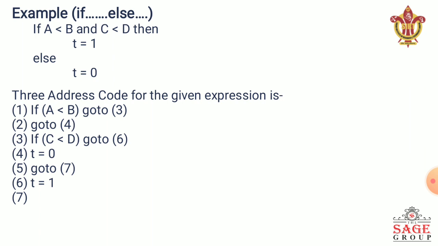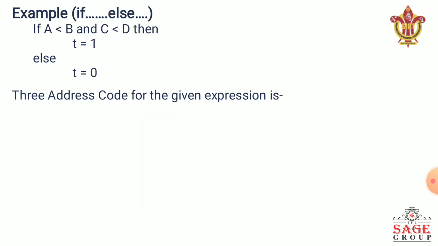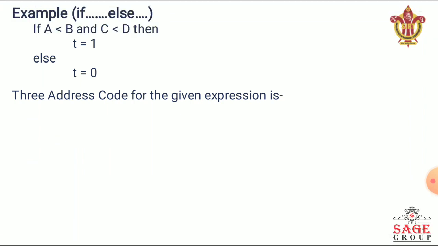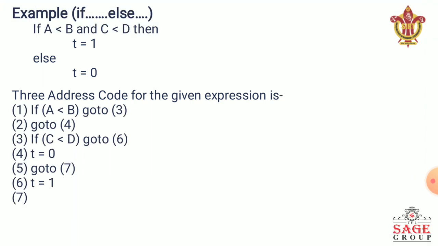So for this conversion, firstly we try to write a less than b and c less than d as both conditions in a single statement. But we have seen that if we write the whole statement in a single line, there are four operands a, b, c and d, which are not acceptable in three address code. So we break this into two parts. First is a less than b, and another one is c less than d.